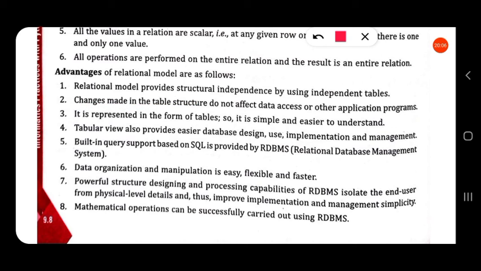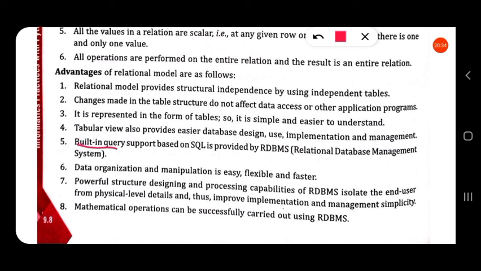So if we change the structure of a table, it does not affect the accessing of data and other application programs. Then, it is represented in the form of tables, so it is simple and easier to understand. Then tabular view or easier database design, use, implementation and management.